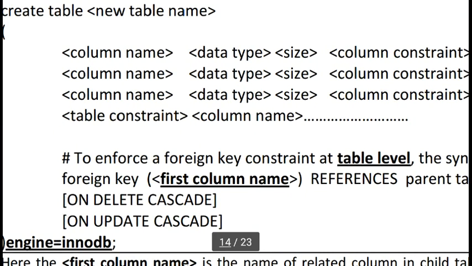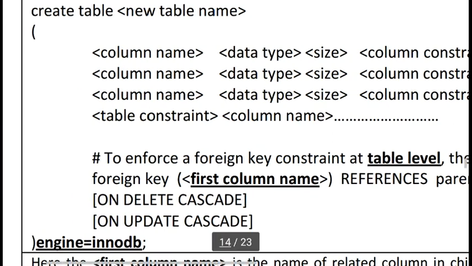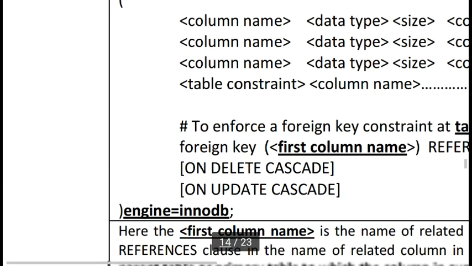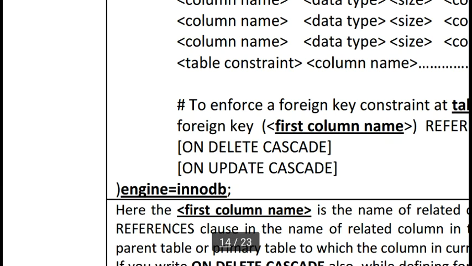We can also use referential integrity rules, on delete cascade or on update cascade. So it will take care when we delete or insert new records in a foreign key table or parent table key. After closing this command, we must use engine equals InnoDB. Then we close this